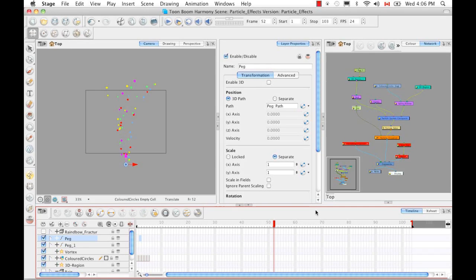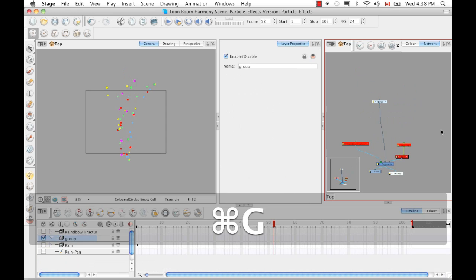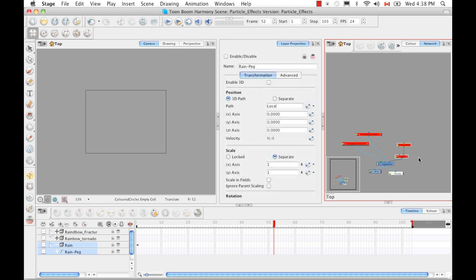So there's only one more thing I'd like to show you, and it goes back to the rain effect that I showed you in one of the previous tutorials, and how to have two placements of the same particle system in the same scene. So once again, let's just group this new system that we created so it doesn't get in the way. I'm going to name this Rainbow Tornado. And we're going to disable this and put this over here. So let's actually re-enable